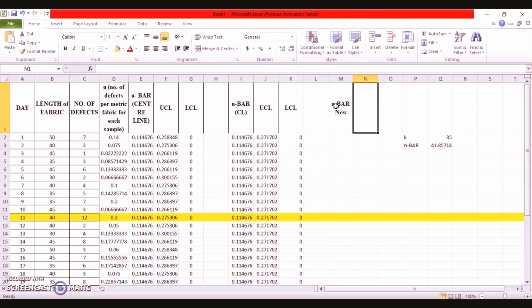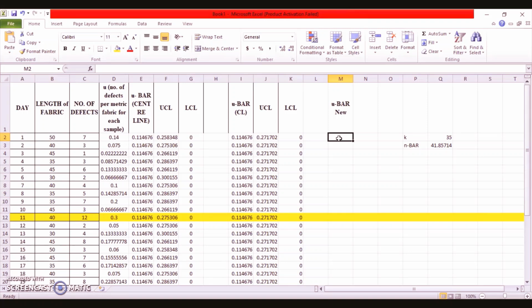As you remember from our previous sessions, how did we calculate the U bar value? We calculated it as the ratio of the total number of defects minus the number of defects within the discarded samples, divided by the total sample size minus the sample size of the discarded samples. I'm using the average sample size in the denominator. You can try on your own for the separate or individual sample points. That will be an exercise for you to do.